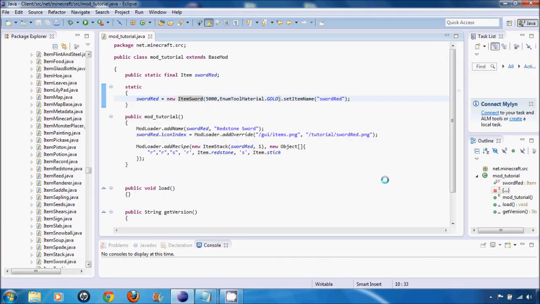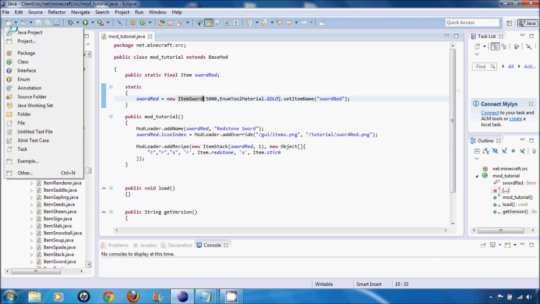What we're going to do first, before we can add any properties to the sword, is create a new class type, a new sword type, if you will. Instead of using item sword to create sword red, or our redstone sword, we are going to use a new class file so that we could change what's inside of it, and that way set mobs on fire and stuff like that. So let's go up here, create a new file,